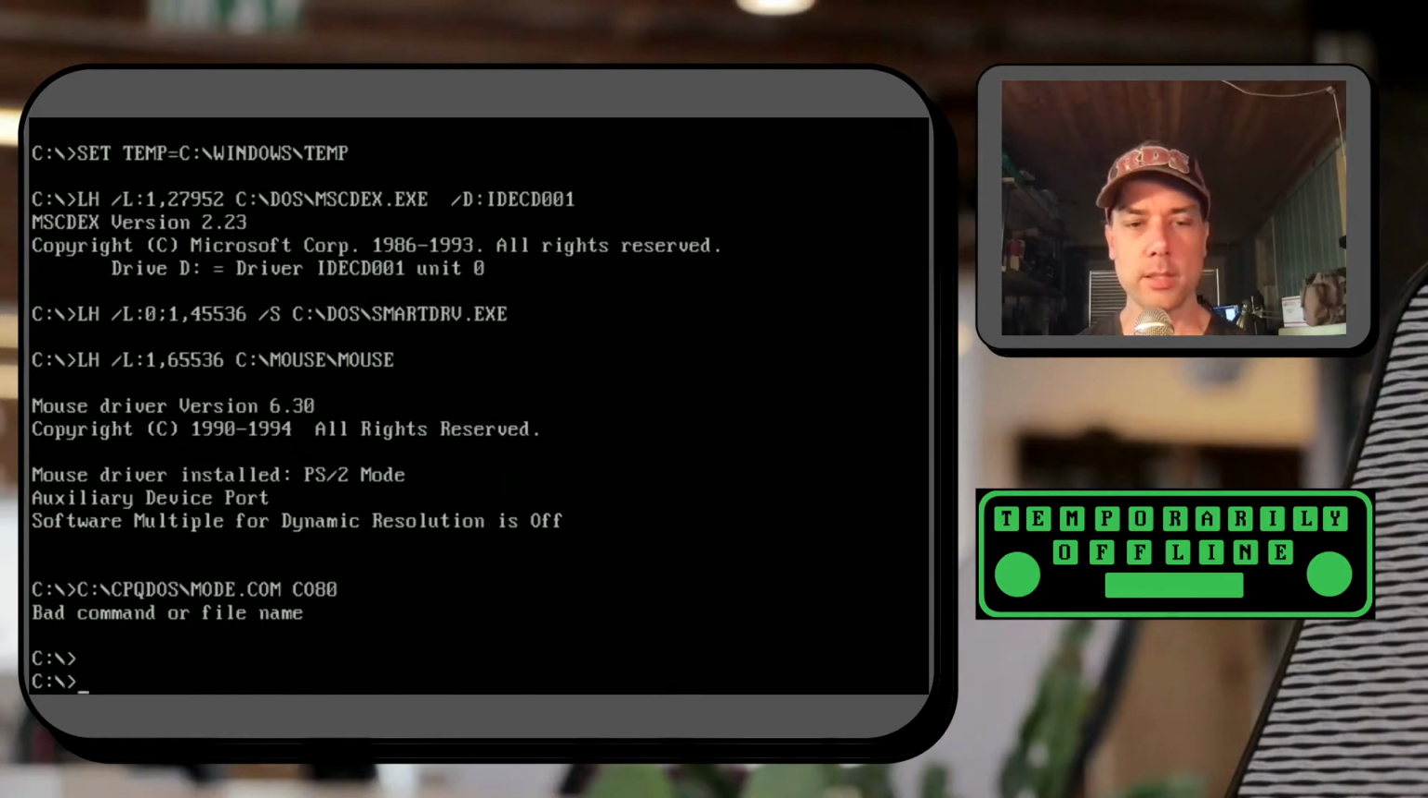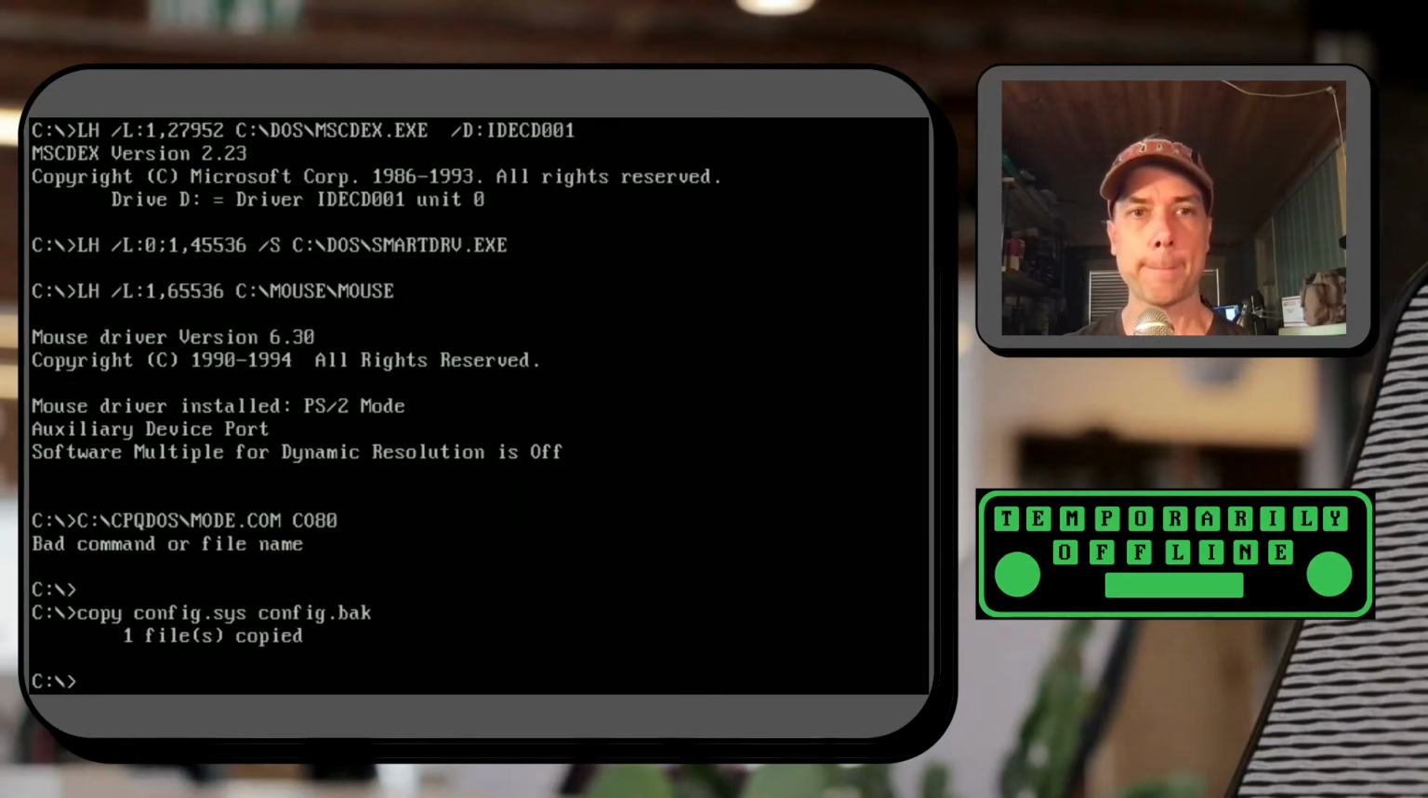Love it. Let's get some of this mess figured out. One of the things that you want to do when you are going to be making changes like this is either A, back up the files that you are working on, or B, make an entire backup of the system. I'm going to back up the files that I'm working on. I'm going to copy config.sys to config.back. I'm going to copy autoexec.bat to